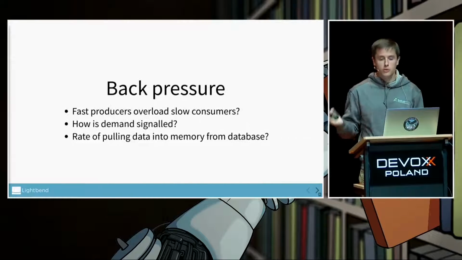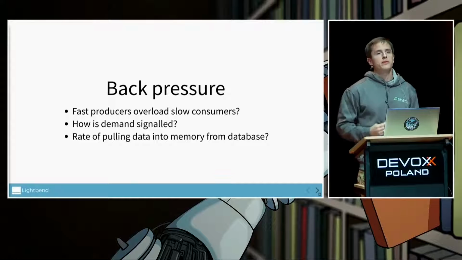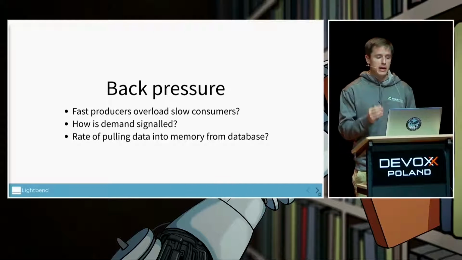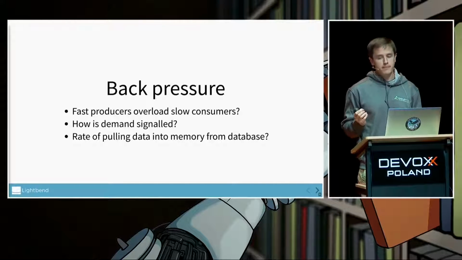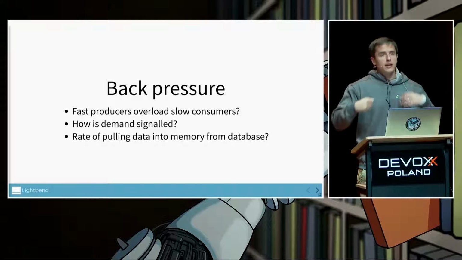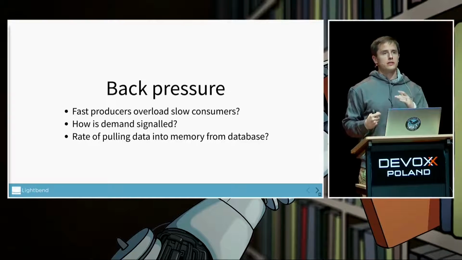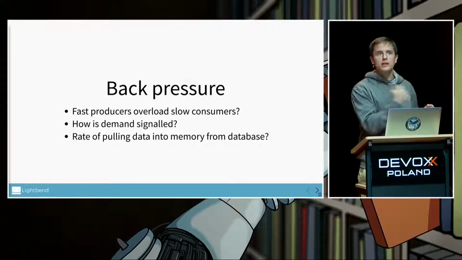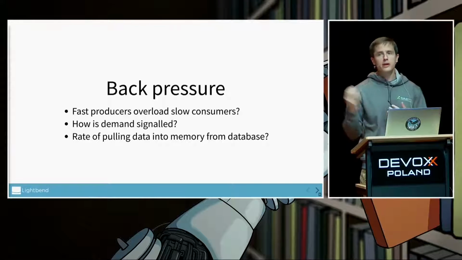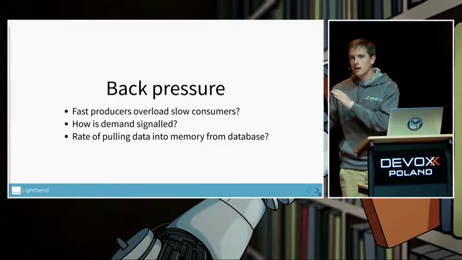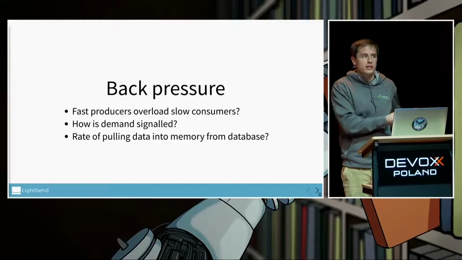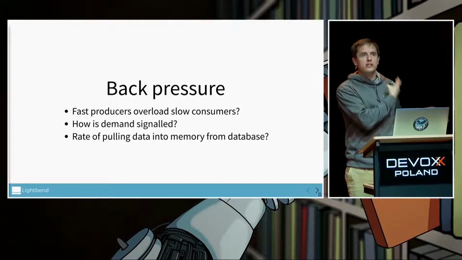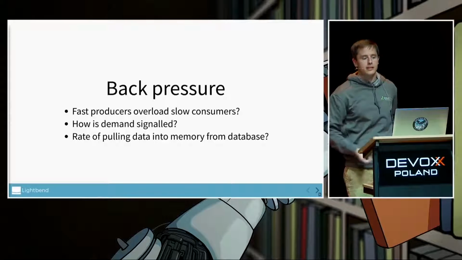So the other part of the talk, and what I'm going to demonstrate, is how we deal with that when we move to doing things asynchronously. I'm going to use the terms back pressure and flow control interchangeably. What they essentially are is how quickly we allow requests to come in. If we've got two parts of our application and there's a queue in between, how quickly do we send messages across? How quickly do we read data coming back from the database that needs to end up at a user request? Can we base how quickly we query the database on how quickly the client is consuming the bytes from the socket on the other side?